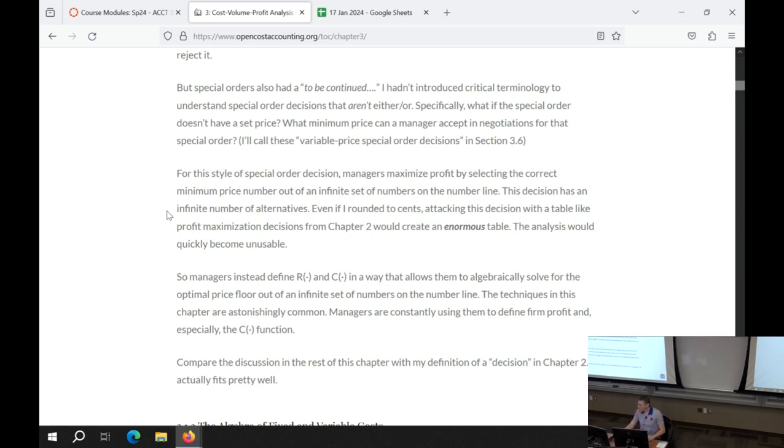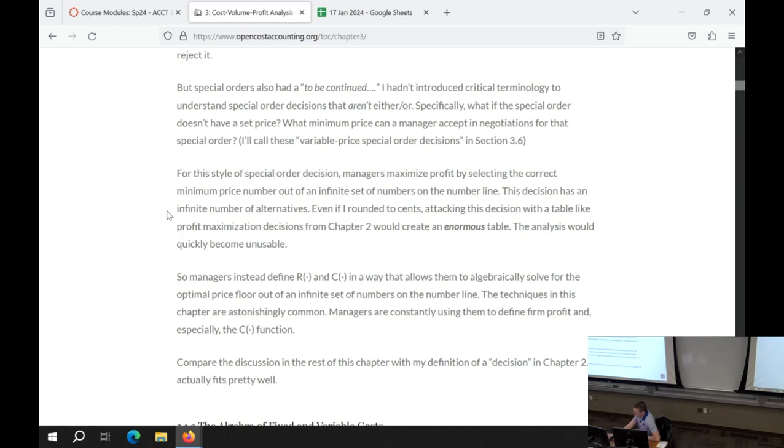When I went through the archetypal decisions and traditional decisions in Chapter 2, those 4 classes we talked about briefly on the last class, which was a week and a half ago, we have this either-or sort of scenario, or at least a numerable number of alternatives, a countable number of alternatives. You have 2, or maybe 3, or maybe 4 different alternatives: make or buy, keep or drop, and you can set them up in a table.